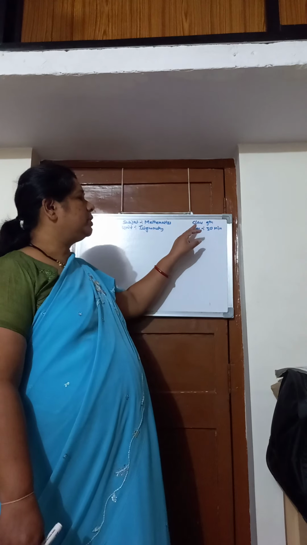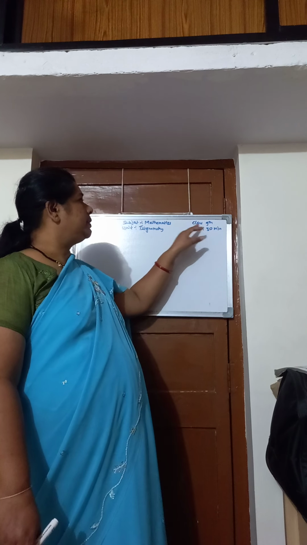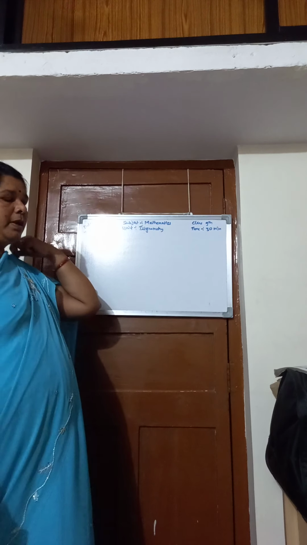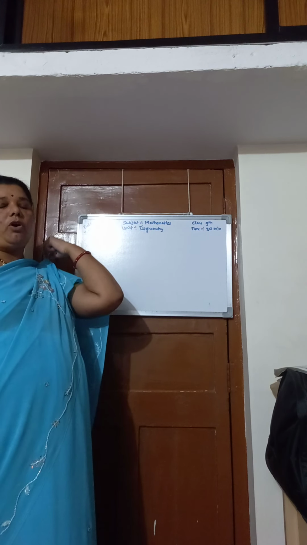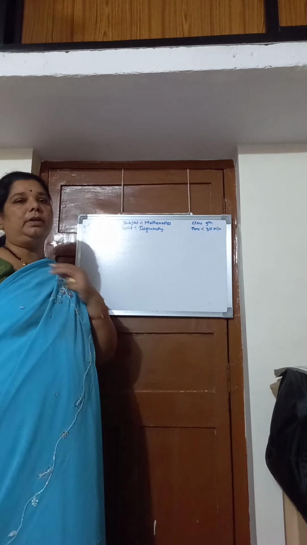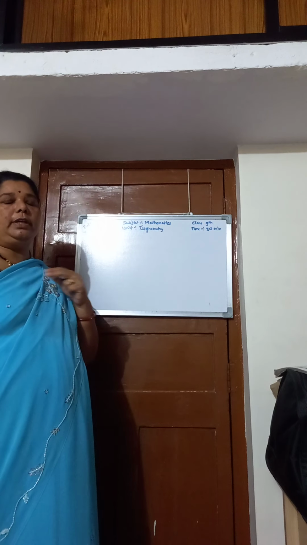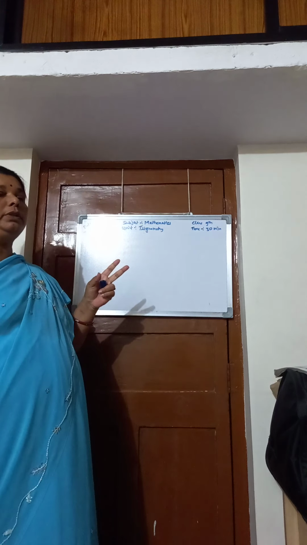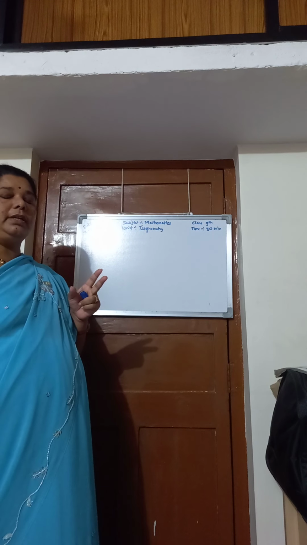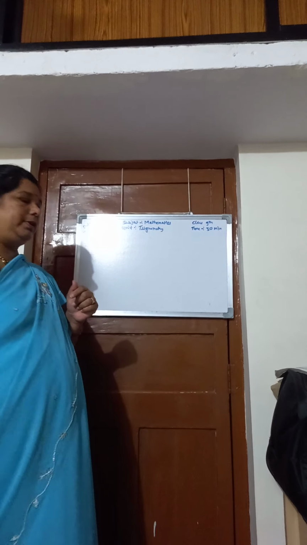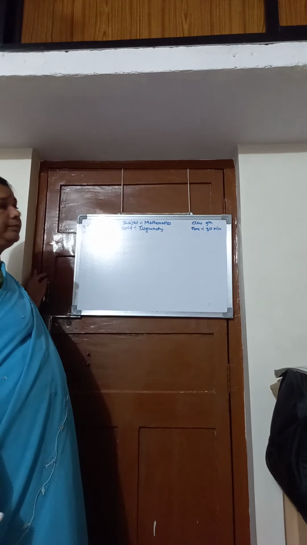I have to teach you 9th standard mathematics. I am taking the topic trigonometry. We have to calculate the sine, cos and tan ratios of 30 degree, 60 degree, 45 degree, 90 degree and 0 degree. So we have to know the theorem of 30, 60 and 90 degree related to trigonometry. Who will tell me the theorem?